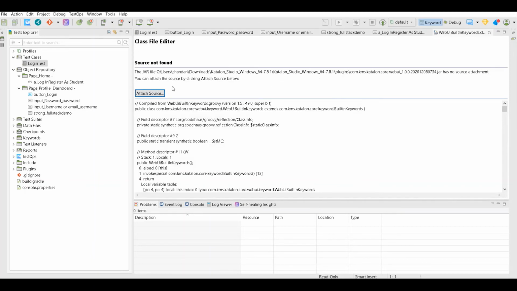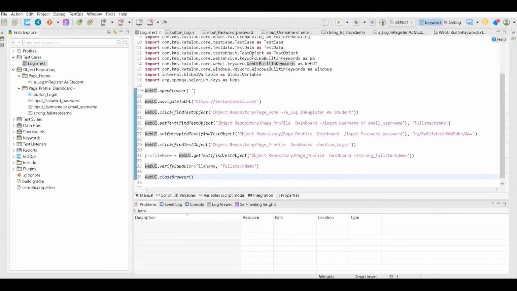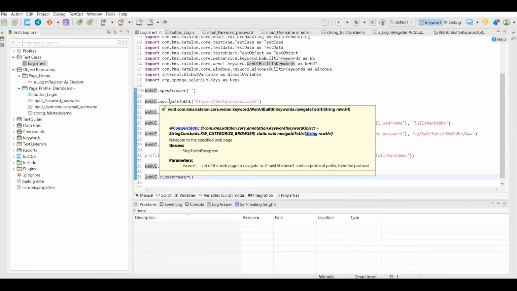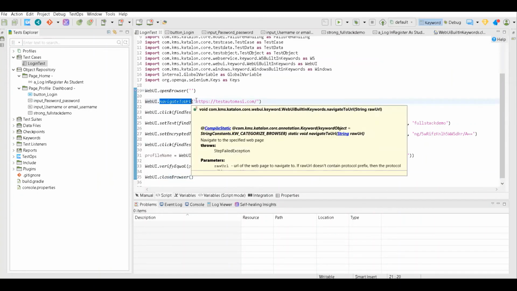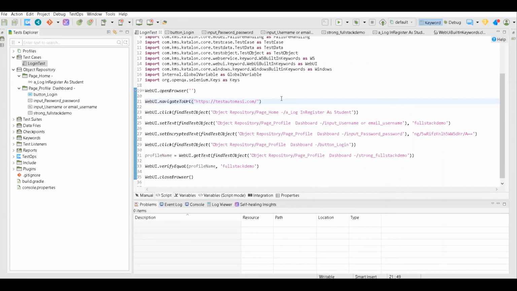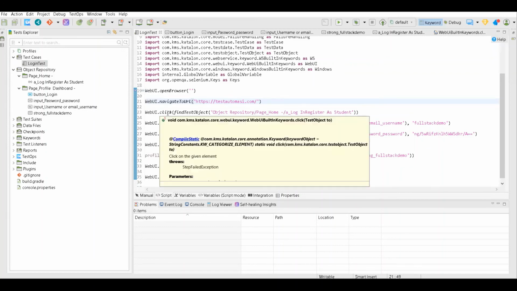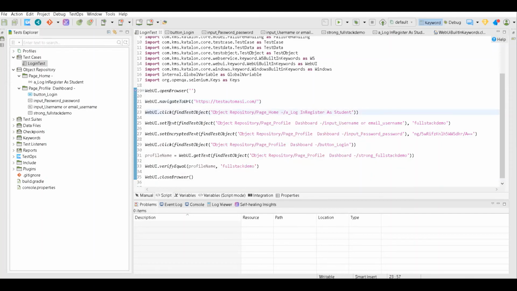You can't see the code, but it will have the definition of driver.get, navigate.get, where we were refreshing the page. So this will have the same output as that. Click would be equal to driver.findElement.click. Set text is just like sendKeys. So all these things are present here also. Close browser is driver.quit.